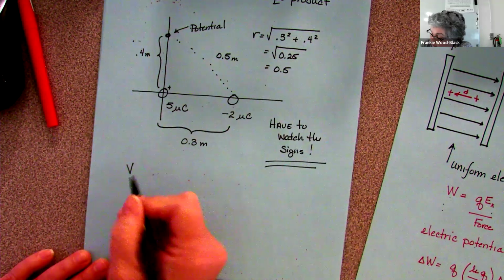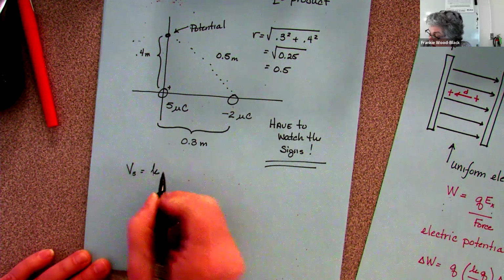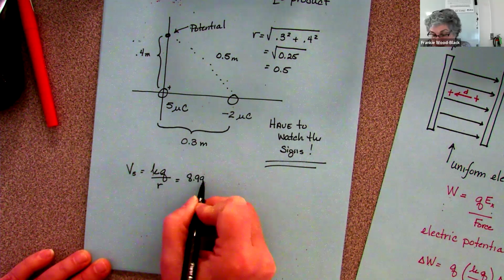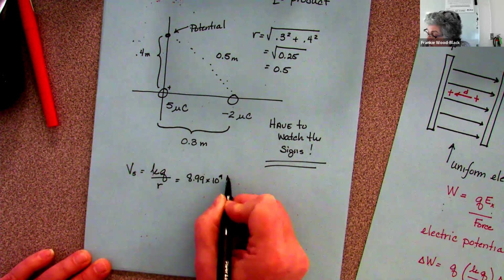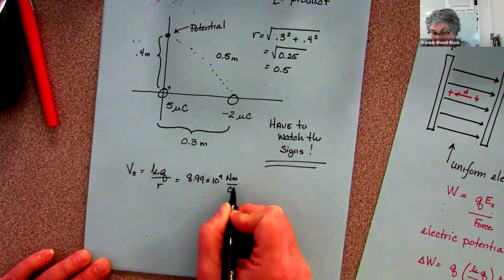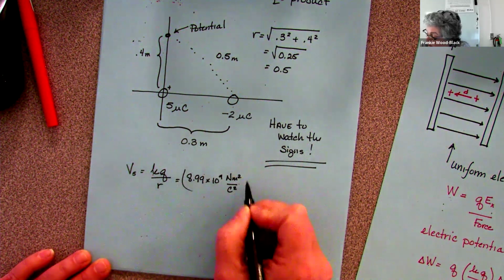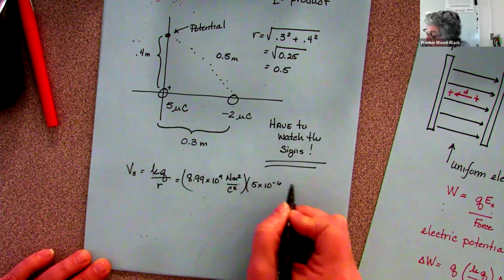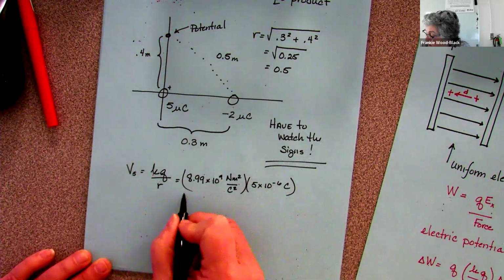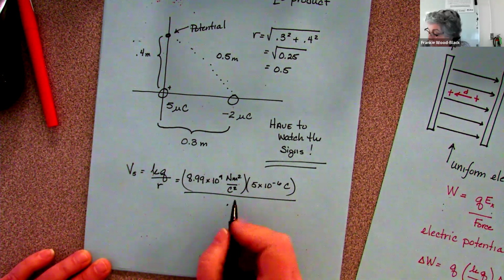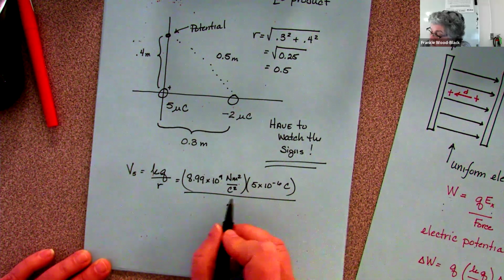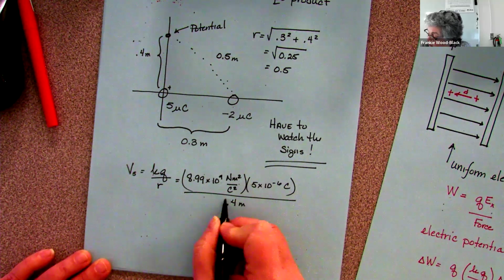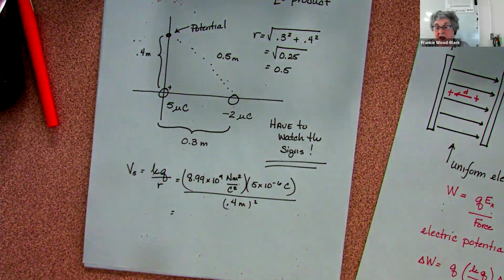So we're going to do V for the 5, which is going to be our kQ over R, which is going to be our 8.99 times 10 to the 9th Newton meters squared per coulombs squared, times my 5 times 10 to the minus 6 coulombs divided by my 0.3, or no, this is 0.4 because it's the distance to that one. It's 0.4 meters. And if I do that arithmetic,